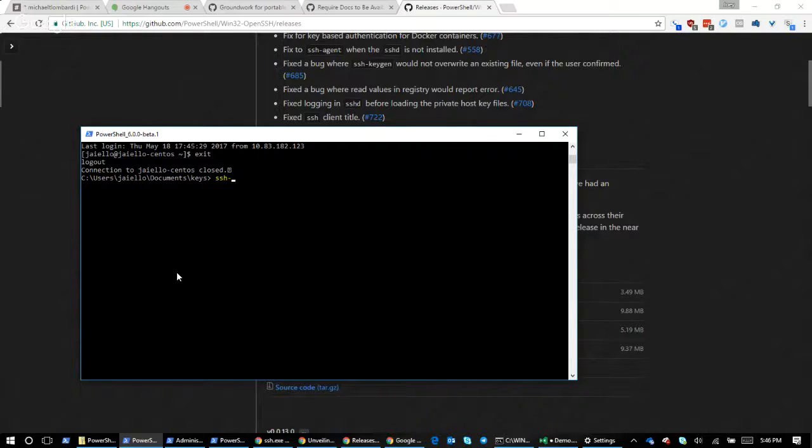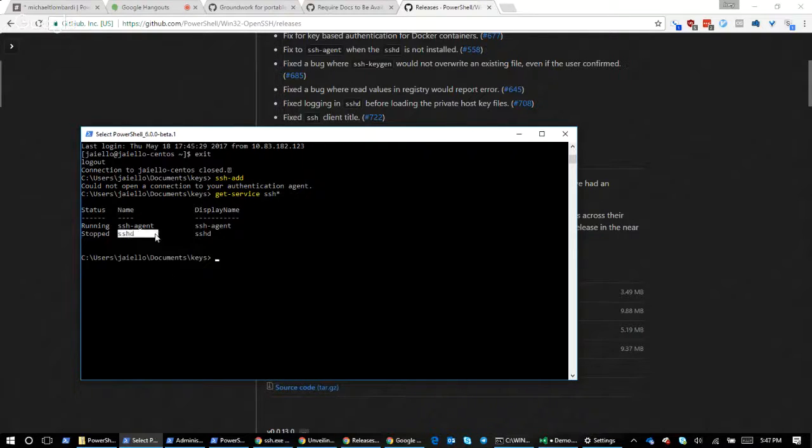So instead, I do an ssh-add, right? With ssh-add, I can essentially add any key I want to the local SSH agent service running on the box. So if I say Get-Service ssh, I've got sshd and I've got ssh-agent. SSH agent is, you think of this as even more secure. This basically is a little over my head, but it keeps like an encrypted version of your key running in memory so that as long as you're logged in as yourself, you don't have to specify a key or a password.